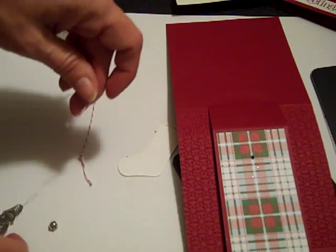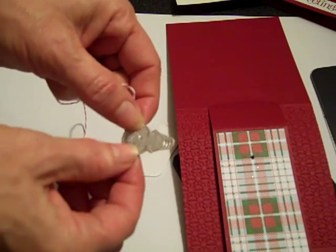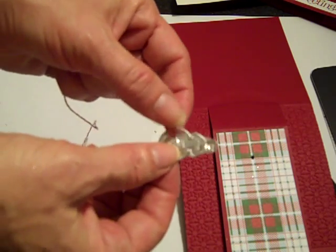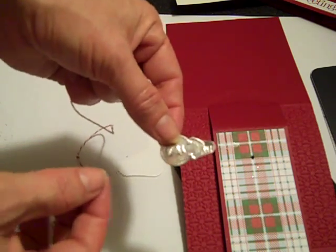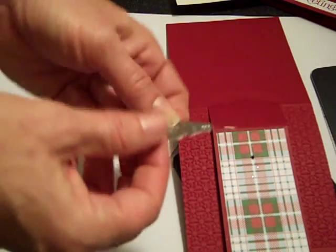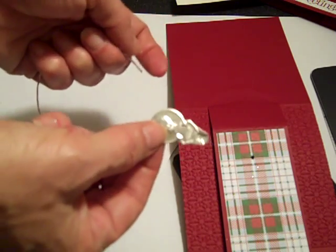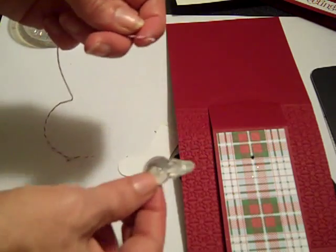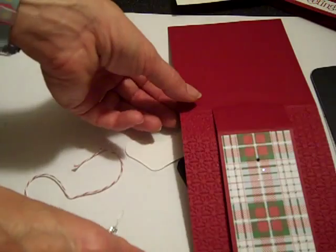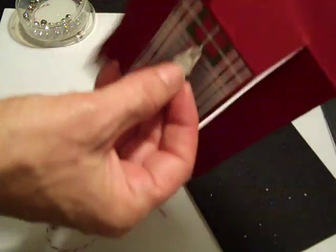Okay, the best thing that I have found for those of you that have bifocals like I do and maybe have trouble seeing threaded things anymore is a needle threader that you can pick up in the sewing department of any craft store or sewing supply store, and you get maybe 3 or 4 for $1. Very inexpensive, but boy, it really saves on the eyesight when trying to thread something. So I'm going to take my needle threader through the hole